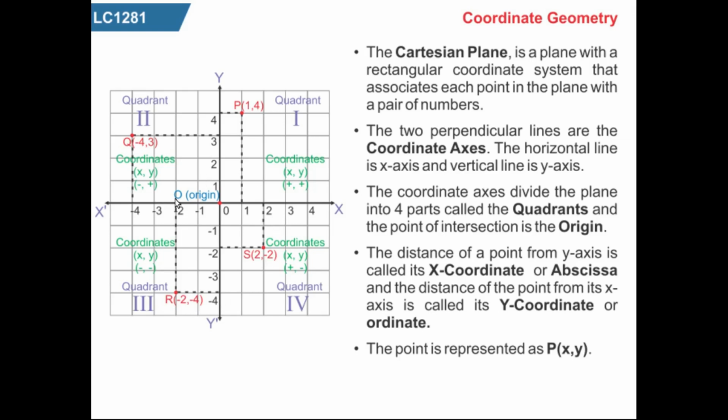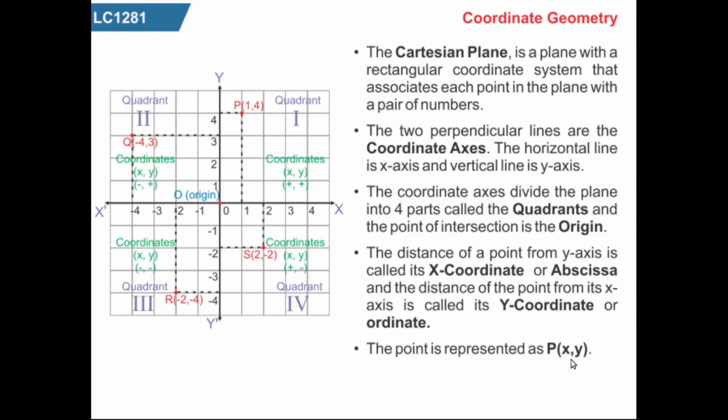Actually, if you learn this particular slide clearly, then this whole chapter will be finished in 10 to 15 minutes. It won't take more than 15 minutes, because the questions you get in the exercise are the same as this one. They will give a point and ask you to plot it on the graph, or they will give a point and ask you for the ordinate or abscissa. So you don't have any doubts or confusion. I think you don't have any confusion with these given points, right?